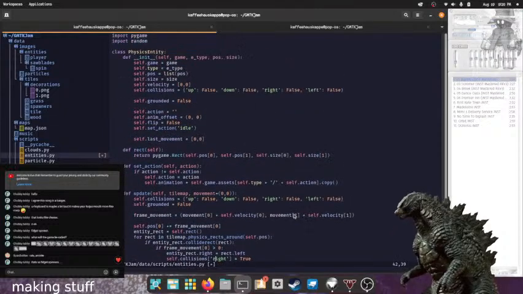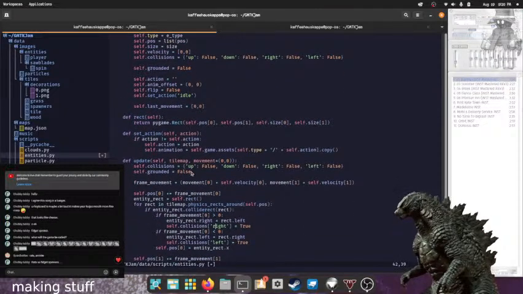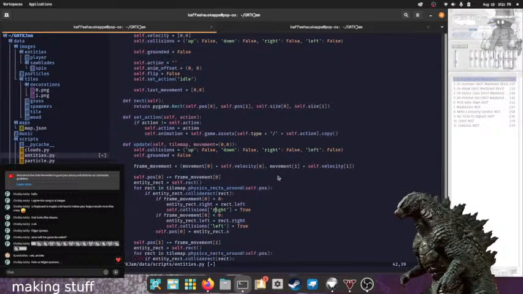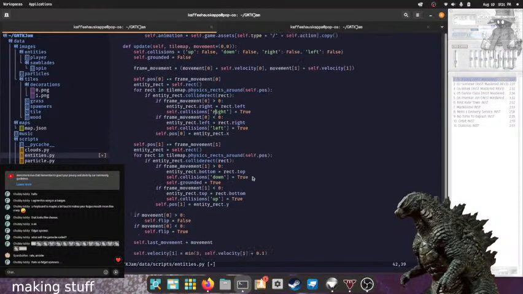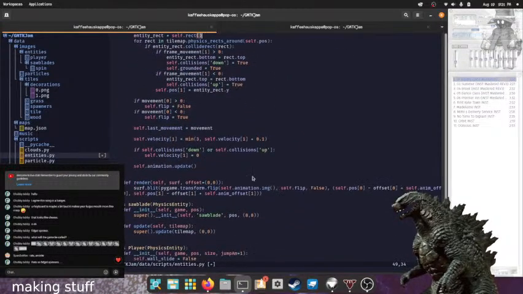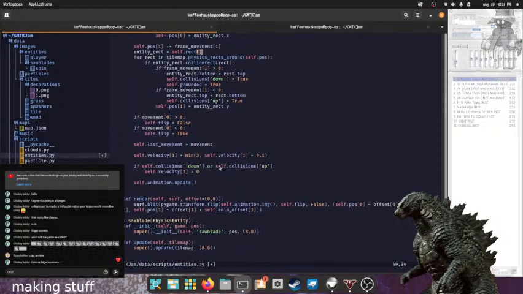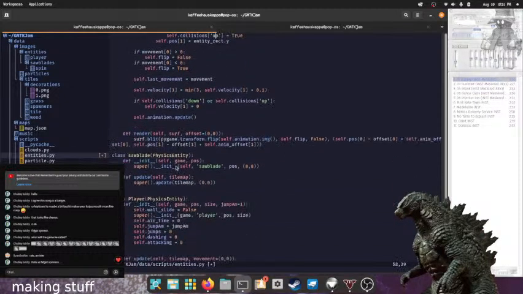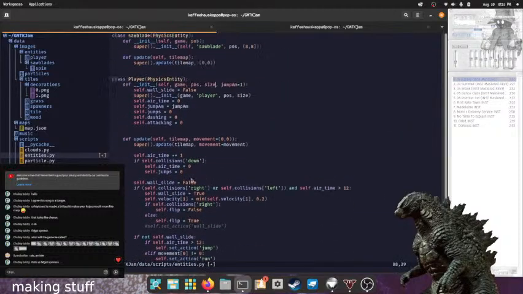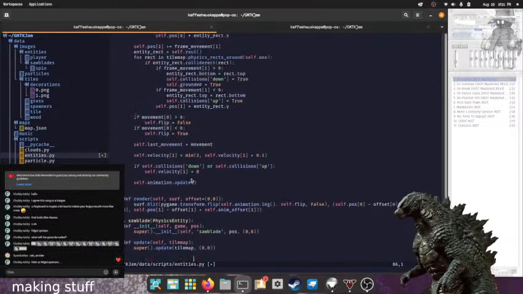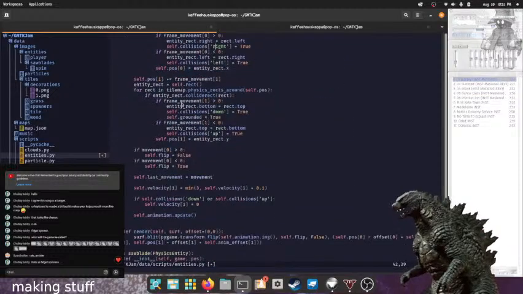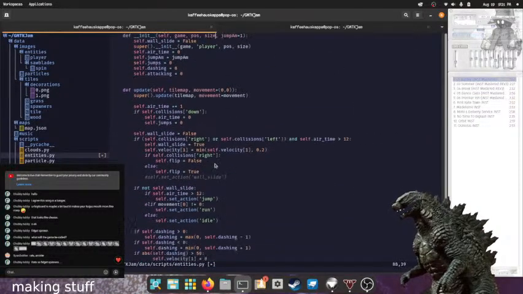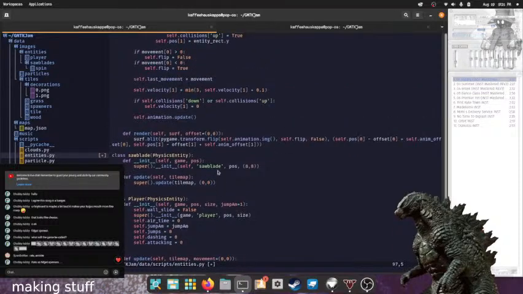Now, if memory serves me, I do have it so it will automatically move downwards. Unless I didn't do that. Okay, no, I totally did.